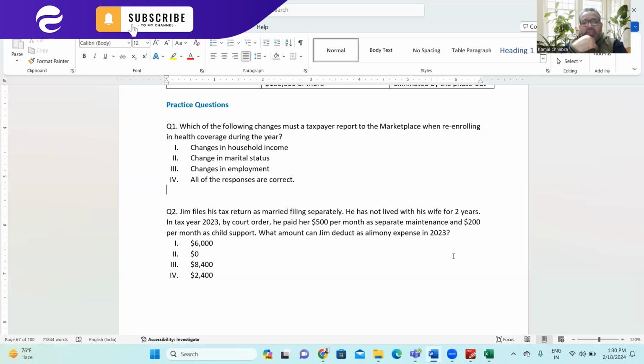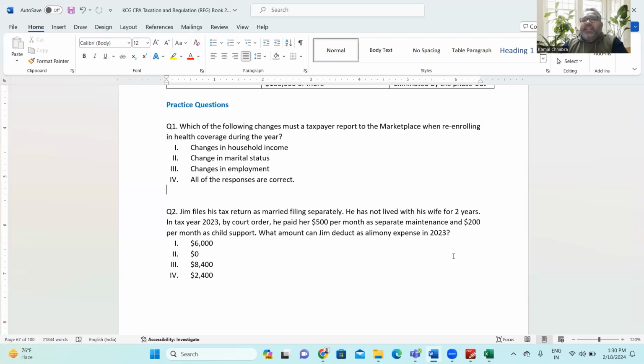So maintenance expense and child support are not part of alimony. So it's maintenance charges, right? So the last line, the call of the question, is what amount can Jim deduct as alimony? Maintenance expenses are not part of alimony, right? So that's the right interpretation. Thanks for correcting, Rakesh. Right, everyone got this point? At least respond.